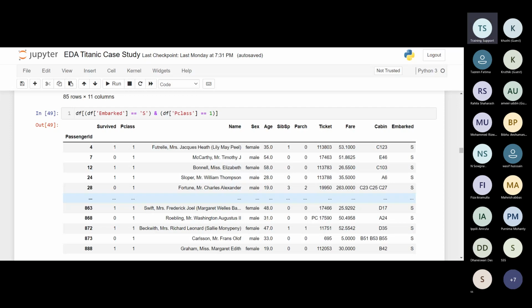Rather, you have to take the percentage. How many percent of people from S location are from upper class? How many percentage are second class? How many percentage are third class from the S location? And then you will compare all the percentages, and based on that, you will be able to understand. I'm giving an example right now. So maybe you will find out that from the S location, majority of the people boarded were from